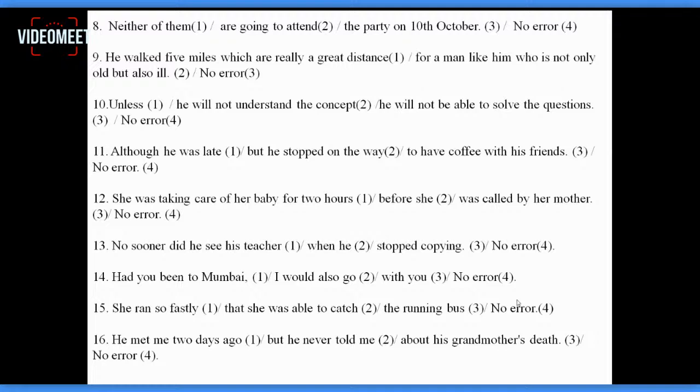Right? Okay, moving on to the 13th question. No sooner did he see his teacher when he stopped copying. Again, if we are talking about pair of conjunctions, we need to understand that there are some conjunctions that come in pair and they're usually used together. So, no sooner is always used with than, not when. So, no sooner did he see his teacher than he stopped